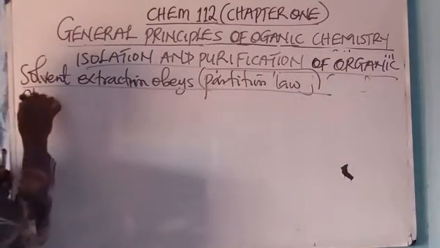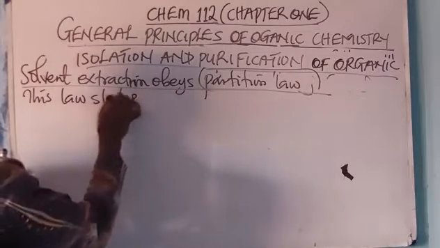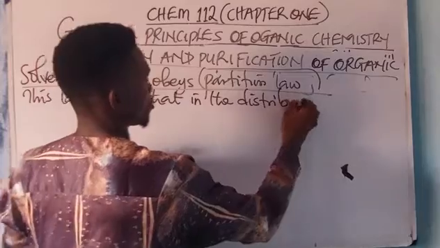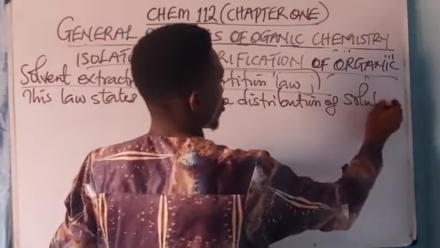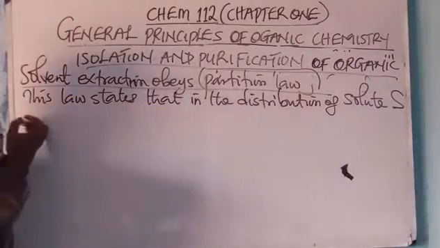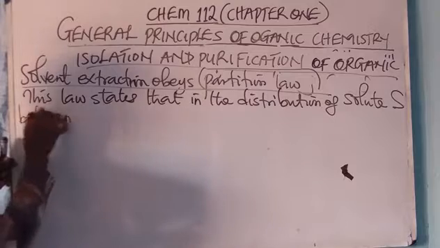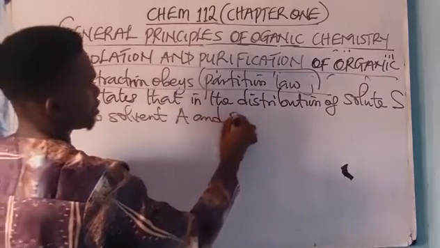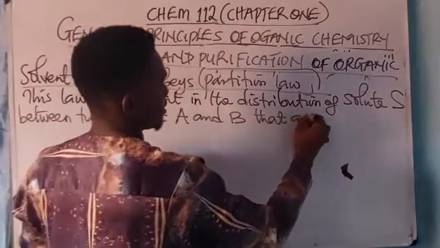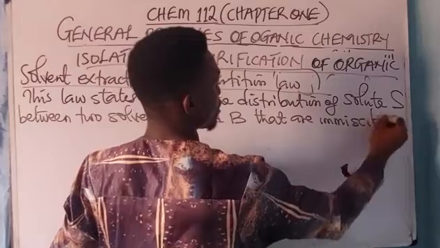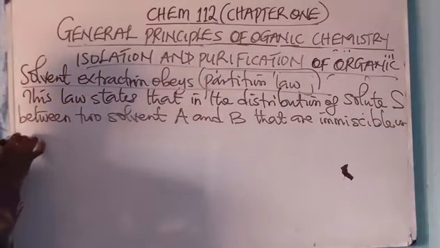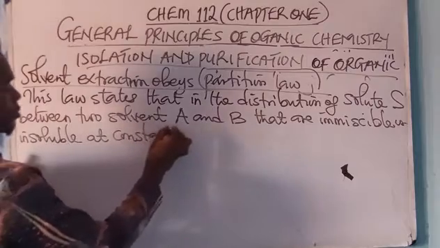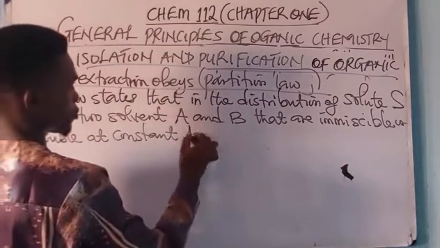Now, this law states that, let me write it, in the distribution of solute S between two solvents A and B that are immiscible, look at the word here, they must be immiscible, or insoluble, at constant temperature,